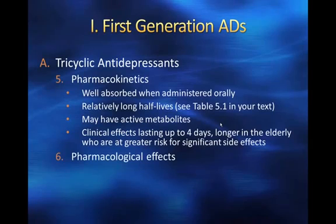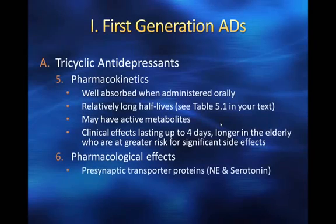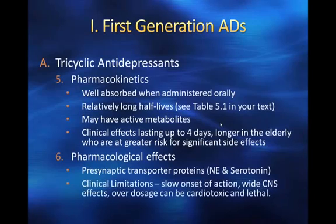In terms of the pharmacological effects of tricyclics, again, they affect the presynaptic transporter proteins, primarily norepinephrine and serotonin. The clinical limitations of these drugs are that they have a slow onset of action, that it takes a while for you to get the antidepressant